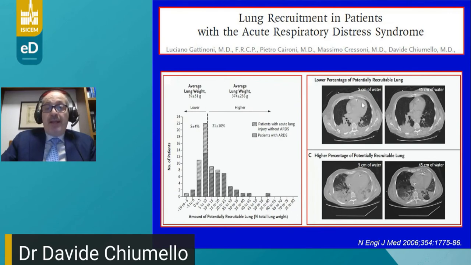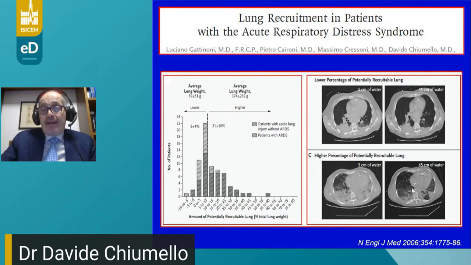This was a clear example. Same patient with ARDS, same level of PEEP, low level of PEEP, and here in the right part, high level of PEEP. In the upper part of the figure is a typical patient with low amount of potential recruitable lung. You see, there is not a significant decrease in the white part of the lung. On the contrary, in the lower part, the same similar patient with similar level of PEEP, but a significant reduction in the amount of